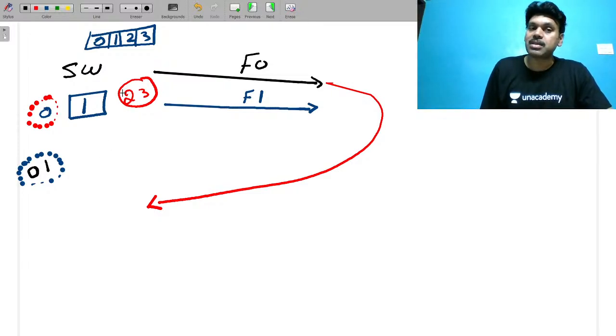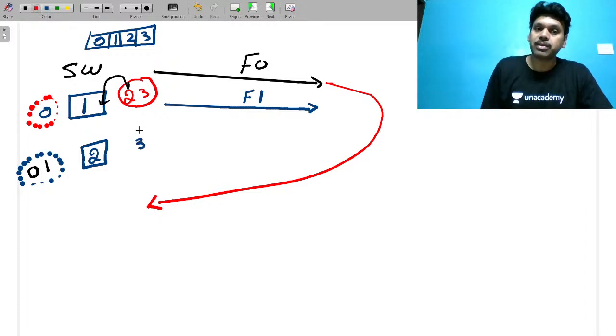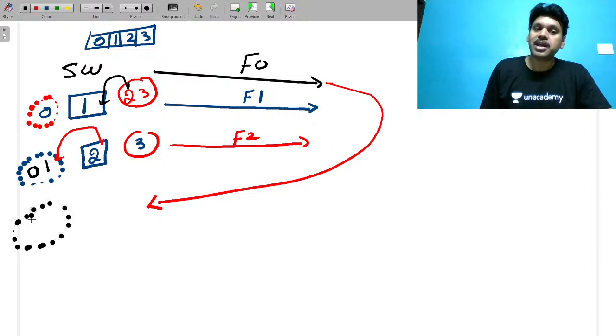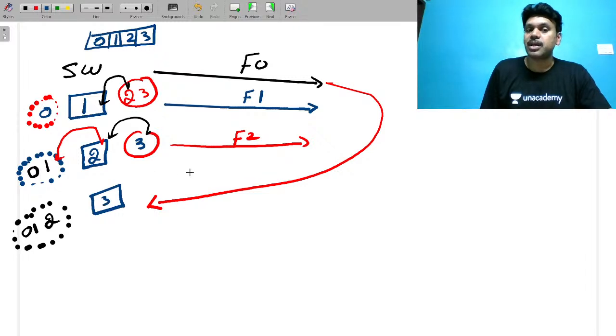Now 2 will be sliding. So 2 will come into the current box, and your outstanding frame is 3. Now I will release F2 also, and then this 2 will come to the buffer. Now your buffer consists of, observe carefully, the earlier 2 frames 0 and 1, and now 1 more is added. Next, 3 is going to be pushed to your current sliding position. As soon as 3 is ready to transmit, it is pushed.